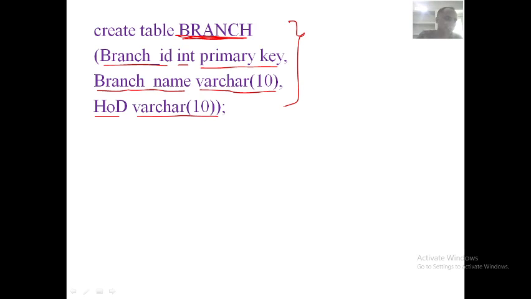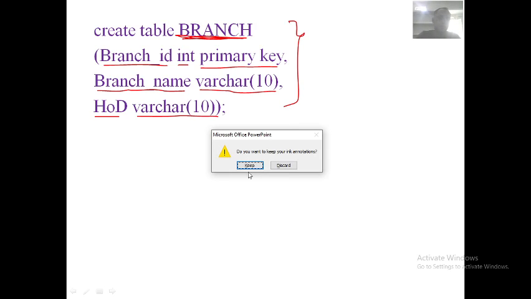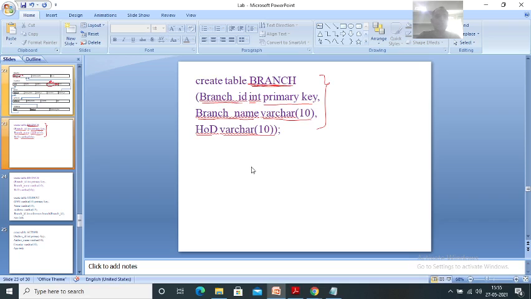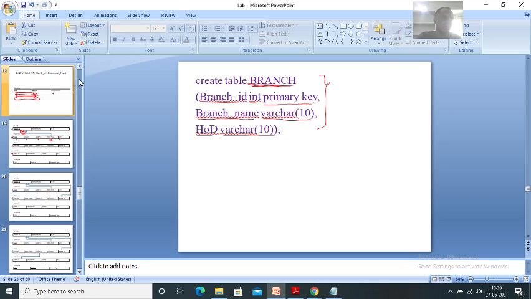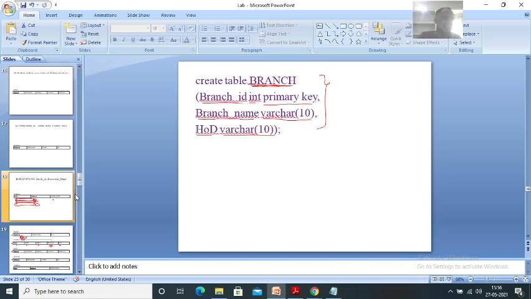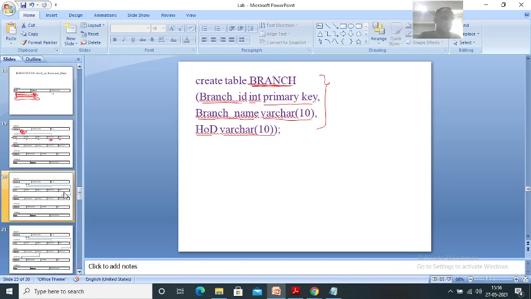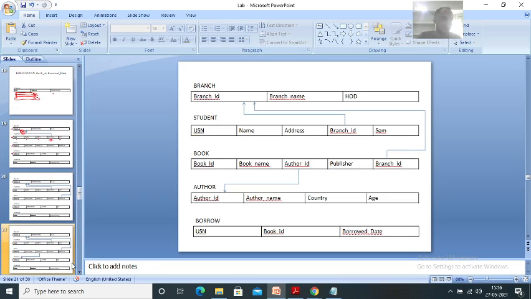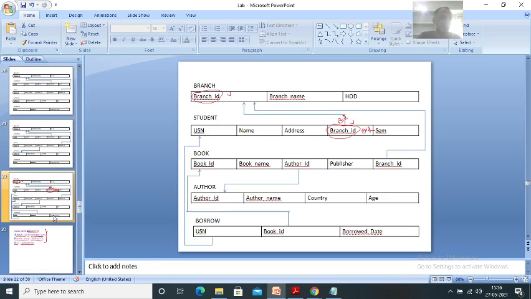All of you create this branch table in the online compiler. Before that, I want all of you to see here now. Write this schema diagram, the complete schema diagram.